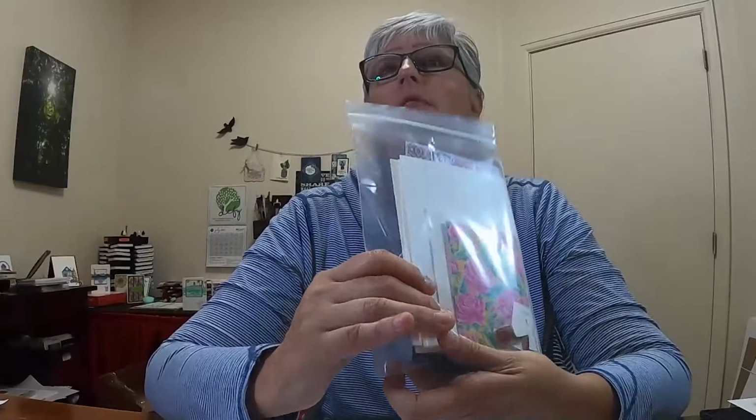Pueblo Library Curbside crafting group. So I want to start out, and I'm just going to show you in your kit the items that you should get. So you'll have a little bag like this, and